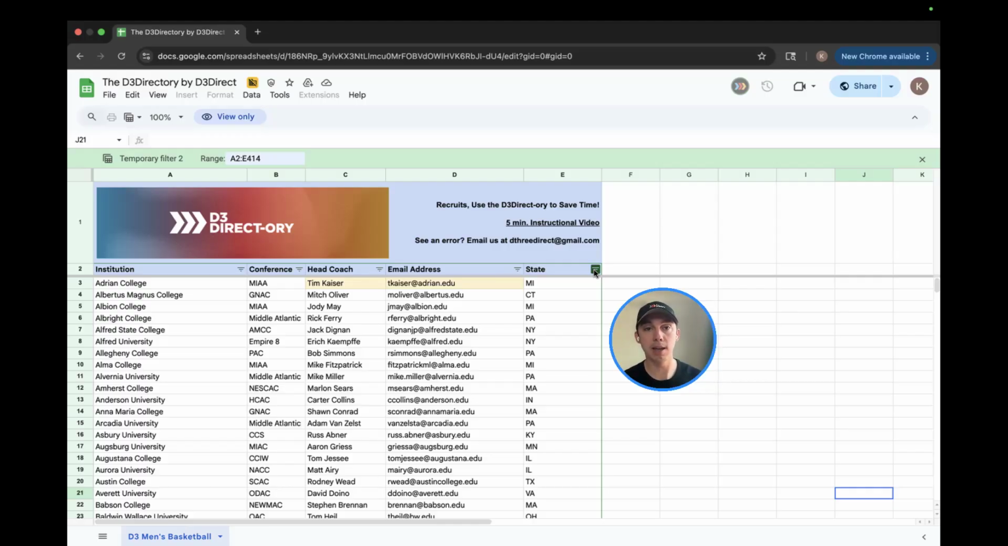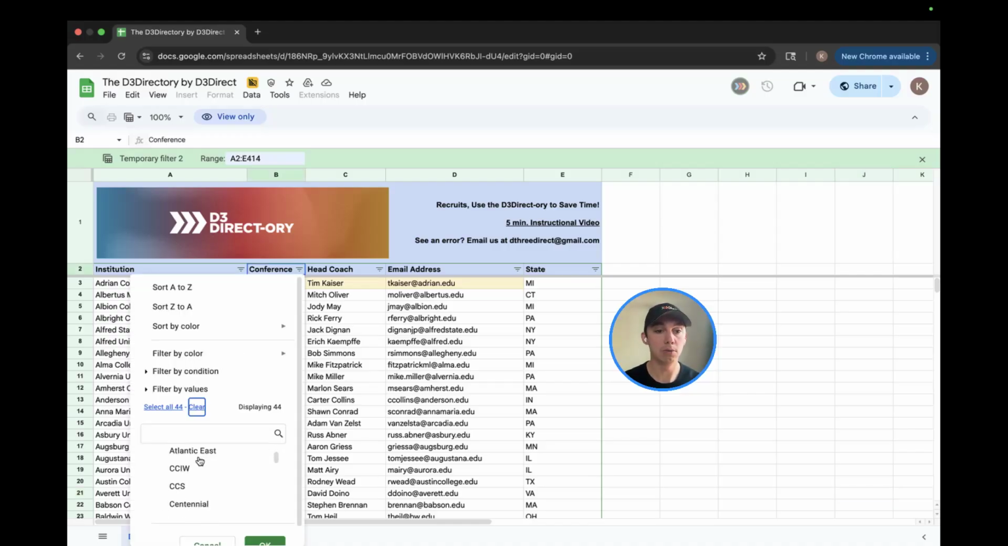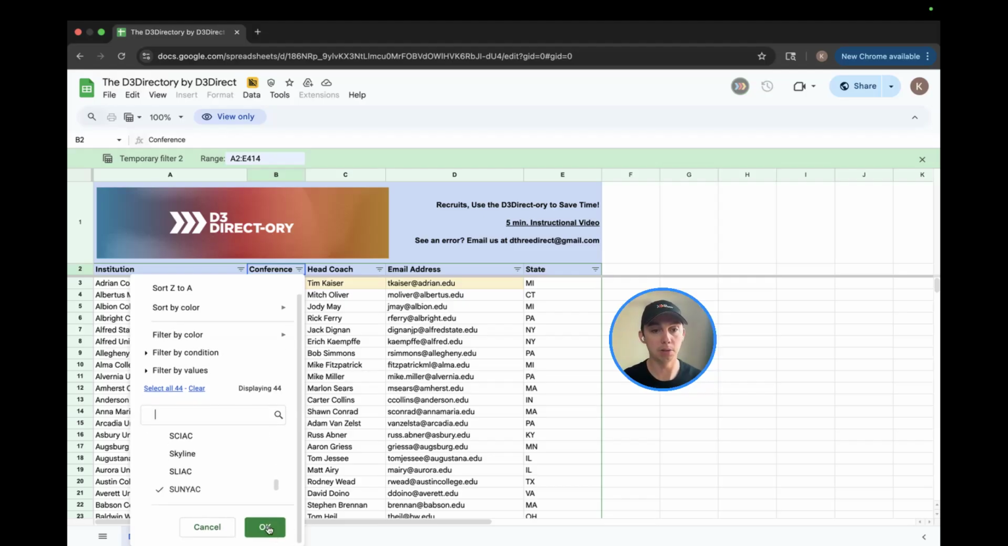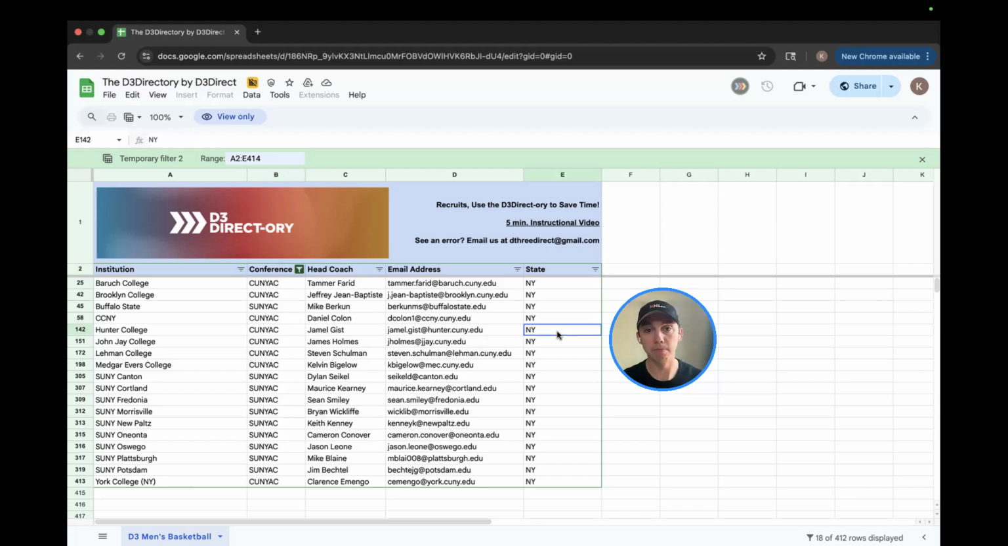So let's say in this instance, you are a men's basketball recruit, you're from the state of New York, and you're really trying to get an affordable education. You're going to try to stay in state. So let's go to the CUNYAC, City University of New York, and also the SUNYAC. These are public schools, great financial aid, and boom, you have every single coach and their contact information all in one place so that you can quickly get in touch with them and find out who you need to be sending those emails to, sending your highlights to, et cetera,